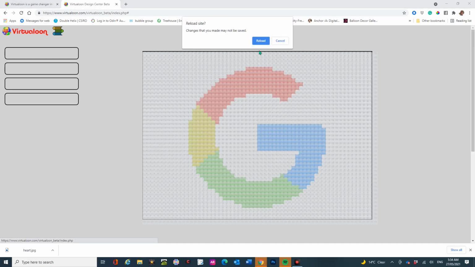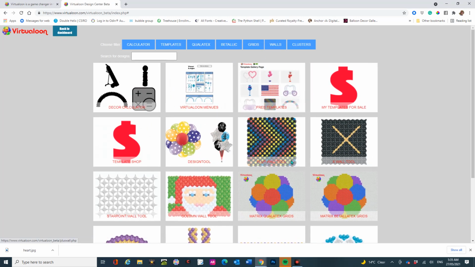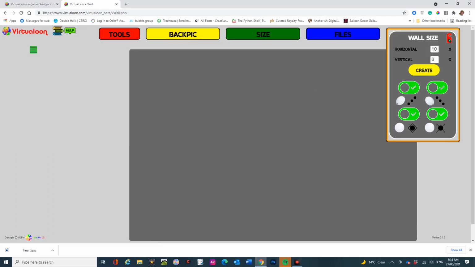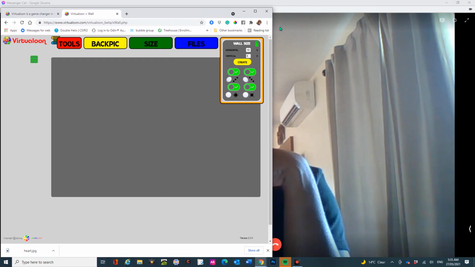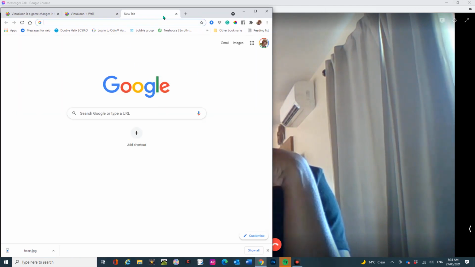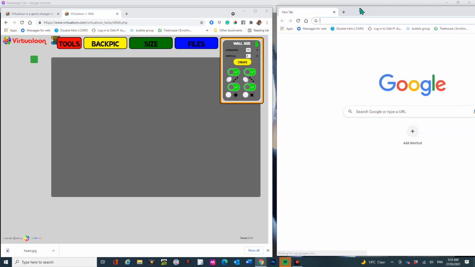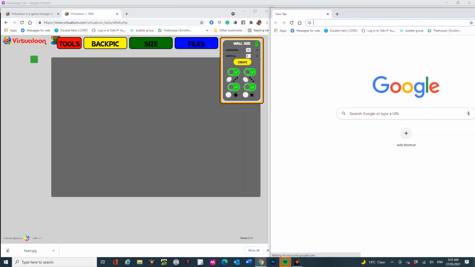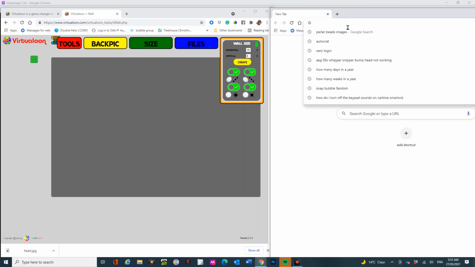I'm going to speak to Anya about this and tell her it's not loading properly and find out what they can do about that. So for your plus wall or your X wall, you could, if you had a picture, if you've got a picture for reference, for instance, so if we reduce that, take that over there, take that back there. So if we pull up that perla bead picture again,